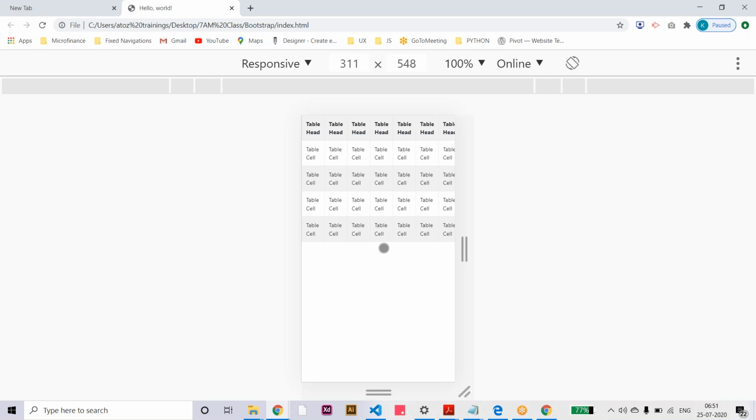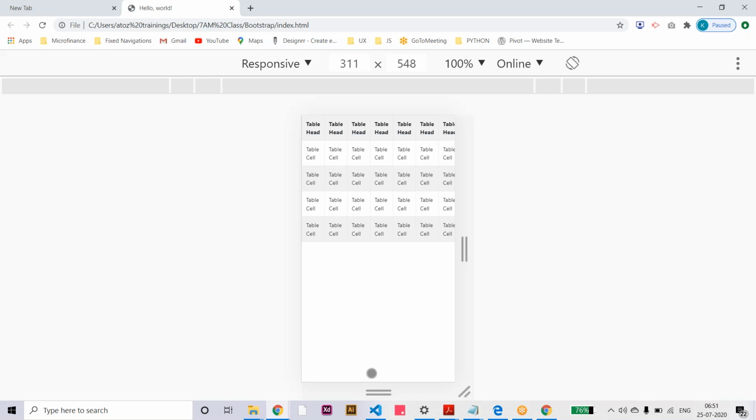When you apply the responsive class, you can see a horizontal scroll at the bottom of the table. Suppose the user wants to read the hidden columns, they can scroll the table section and read the content, but it's not the page's horizontal scroll. So like this we can use the responsive classes here.